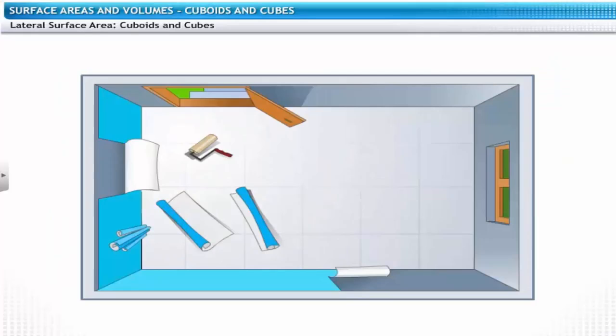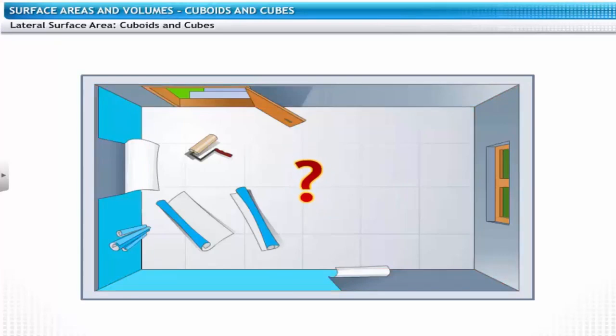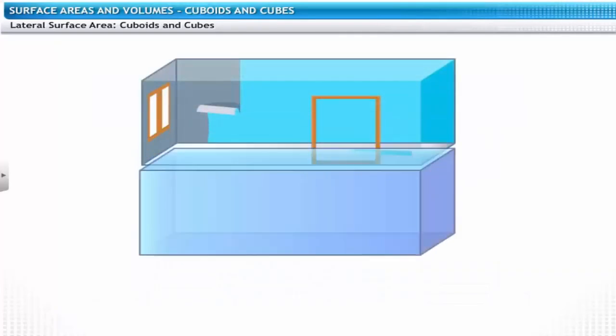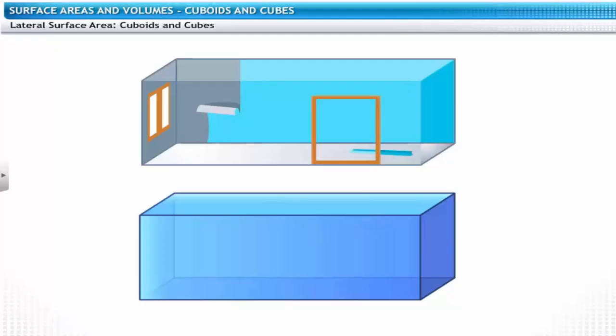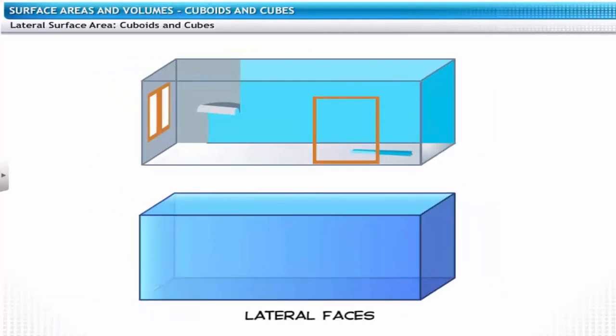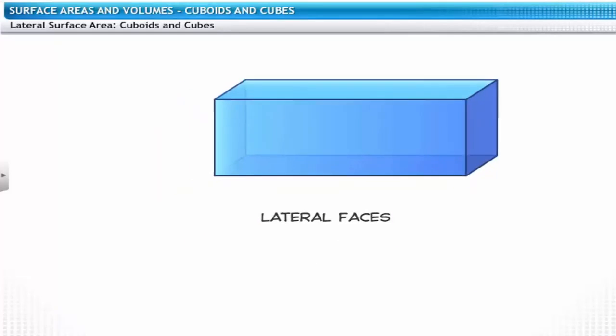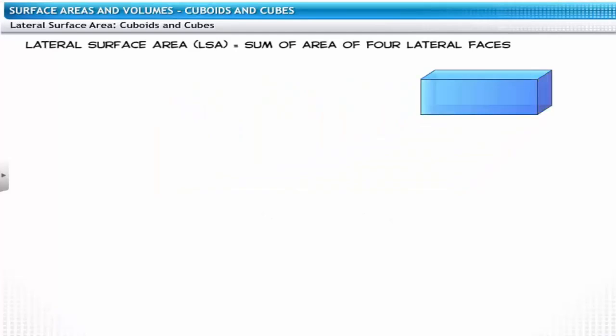Let's look at a practical problem. You want to put up wallpaper in your room. To estimate the number of wallpaper rolls required, you'll need to know the area of the 4 walls. As you can see, the room is cuboid in shape. The 4 walls of the room represent the 4 lateral faces of the cuboid. If we add the area of the lateral faces, what we get is called the lateral surface area, or LSA,